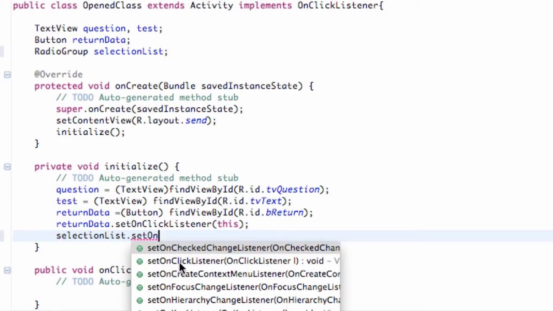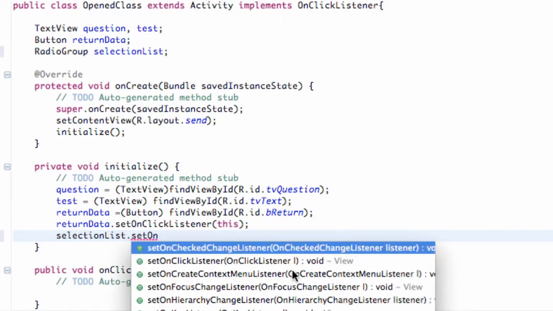Again, we could do like OnCheckedListener, but it's better to say OnCheckedChangeListener because anytime one of those radio buttons within this radio group is clicked, it's going to call this method, basically the OnCheckedChangeListener. As you guys can see here, within its parameters it takes a variable type or object for the most part,